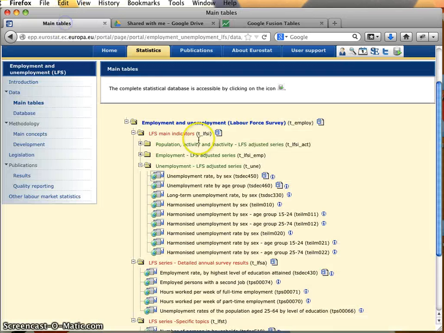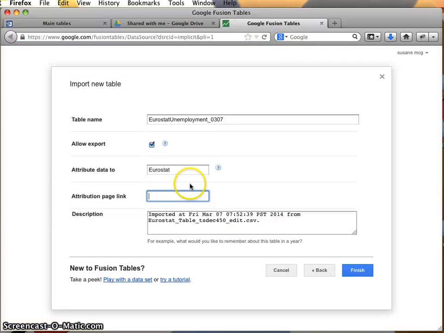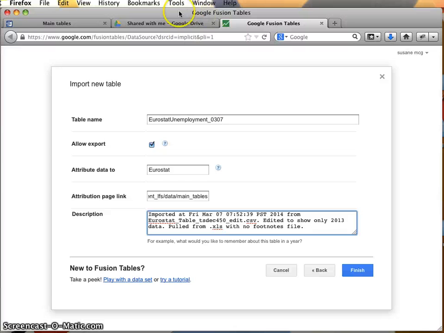Okay, attribution page length. That's simple enough. I'm going to choose this guy. Edited to show only 2013 data pulled from .xls with. Okay, so I'm actually noting the exact file format that I pulled this from because we saw that the TSV